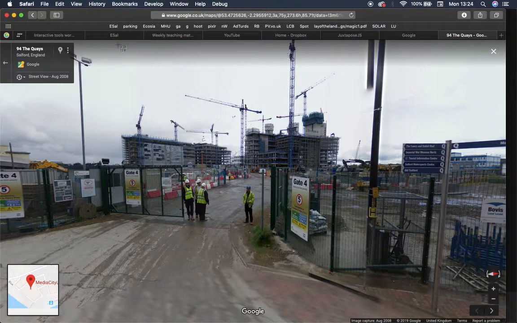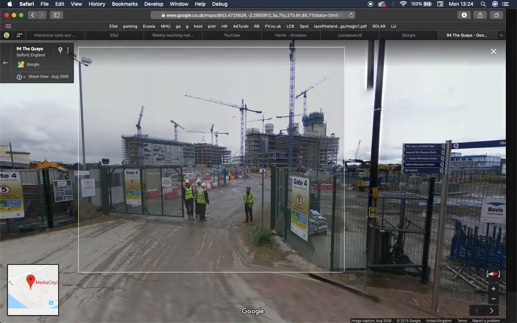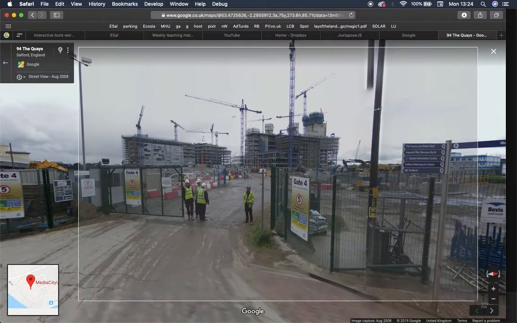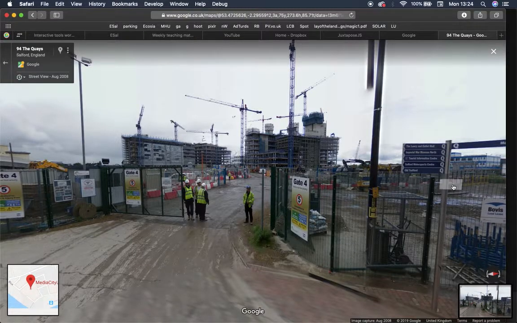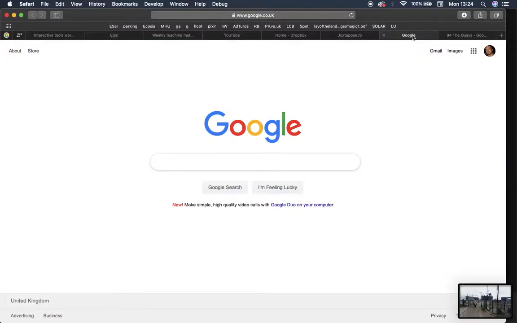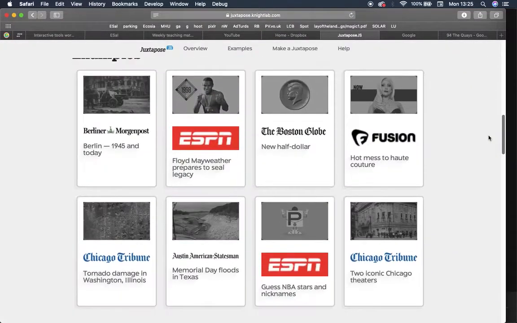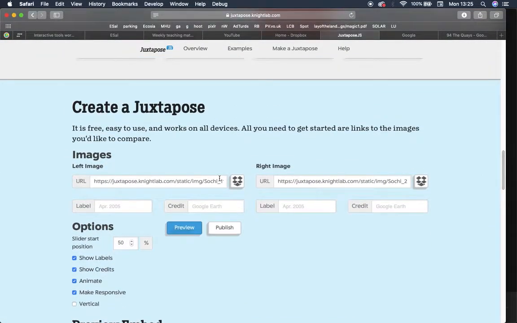So again, I'm going to screenshot this to about there. And I've got two different images that compare Media City then to what it looks like now. So I go back to Juxtapose, and on the left hand side, I think it's better if it's the older one. Now, because I have to upload this image,